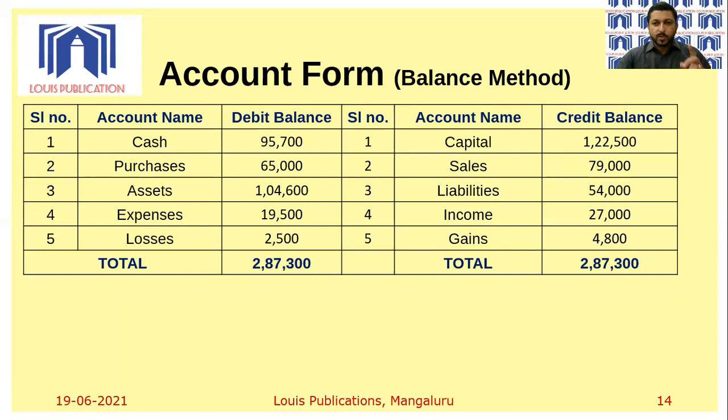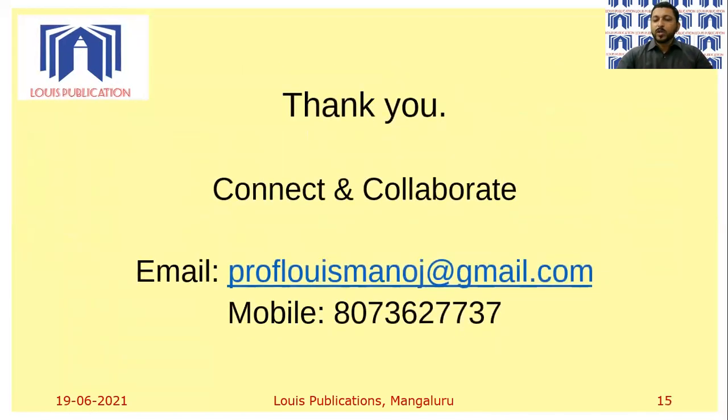So once again, let's not forget, the basic objective of trial balance is to find the arithmetical accuracy of the books of accounts. Whether you take the total method or the balance method, debit total will always be equal to the credit total, or debit balance will always be equal to the credit balance, because of the application of a simple rule in accounts. For every debit, there is a corresponding and equal credit. And after you have got all the balances, you can either present it in the statement form or in the account form, as you see on the screen. So this is all about trial balance.